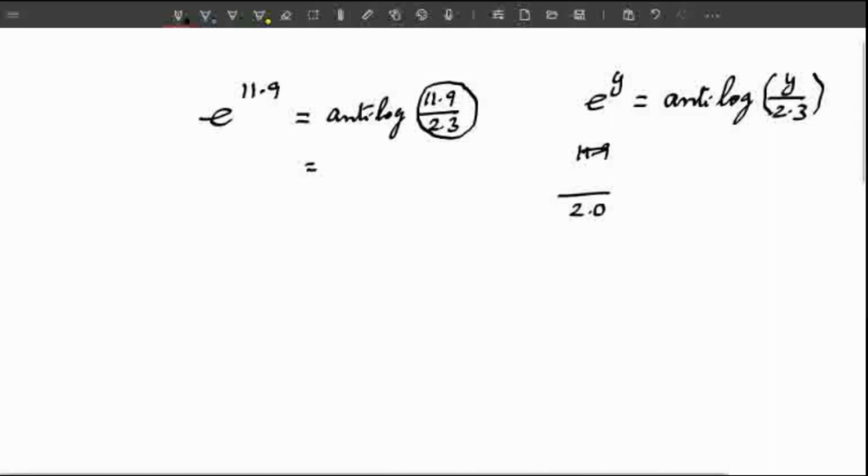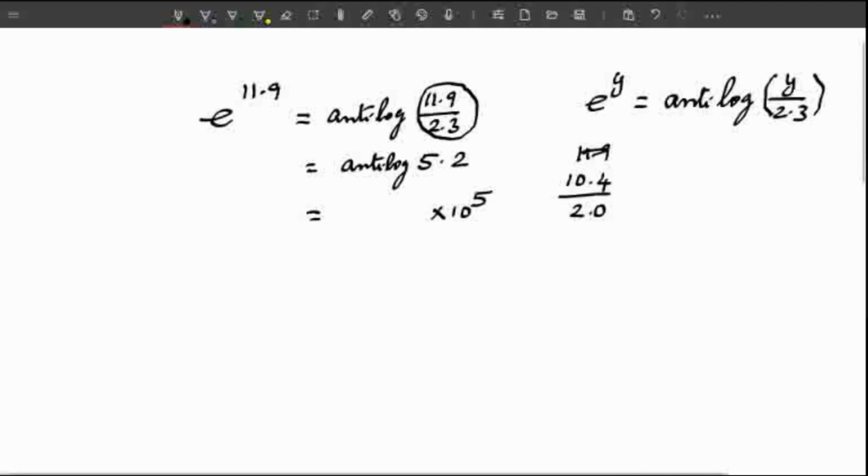There is 11 in the numerator, it is nearly 5 times higher than the denominator. In the denominator we have subtracted 0.5. Therefore, in the numerator, proportionately, the number should be decreased. It is 1.5 you can decrease. After decreasing this, you will get 10.4. If 10.4 is now divided, you will get 5.2. Anti-log of 5.2, it is a positive value, therefore no necessity of converting into the logarithmic form, 10 power